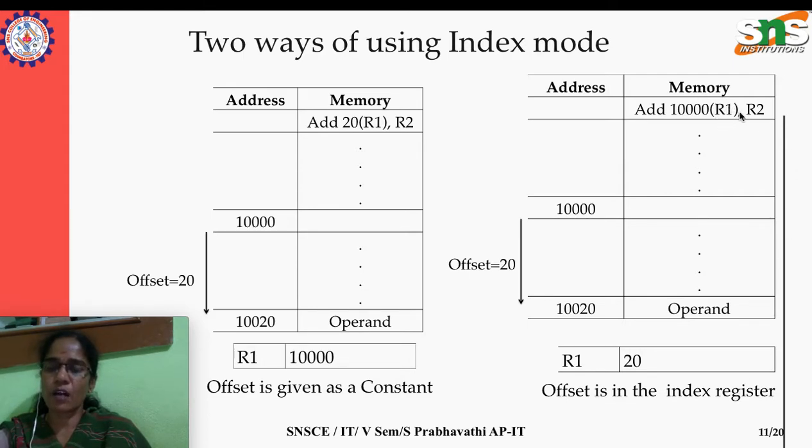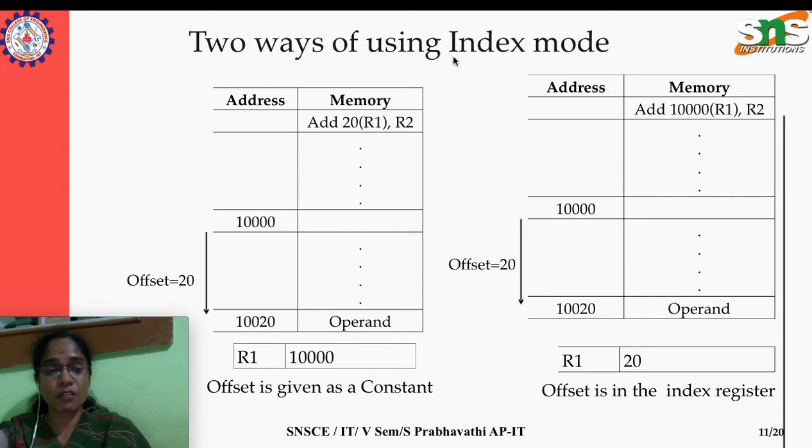Okay, so R1 is the register, so here we are using it for indexing mode. We are saying that as an indexing register, a special register dedicated for doing this kind of job, or any other general registers could also be used for indexing. Here offset means that a constant value is given in the register, whereas in the previous one the register has the memory address.